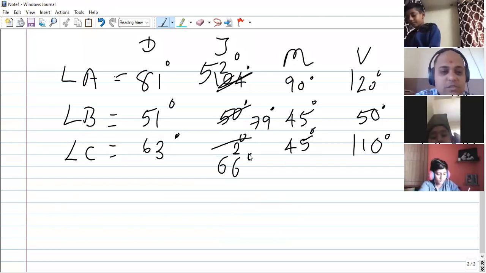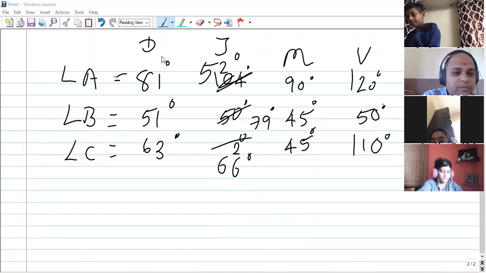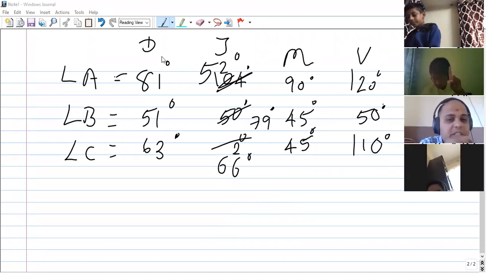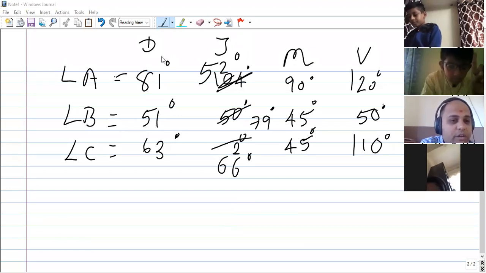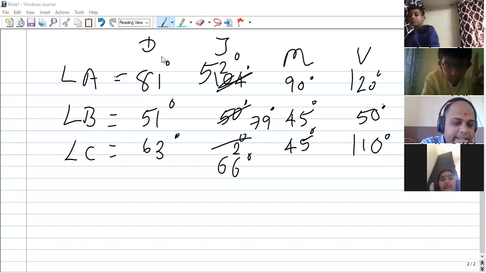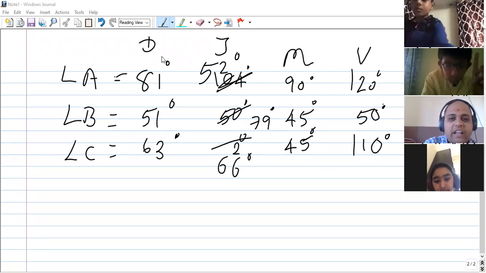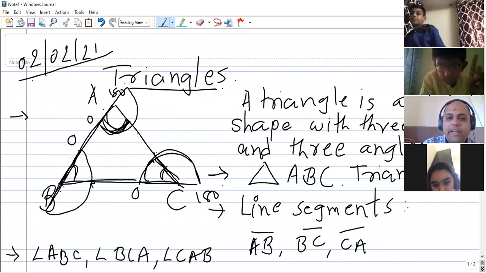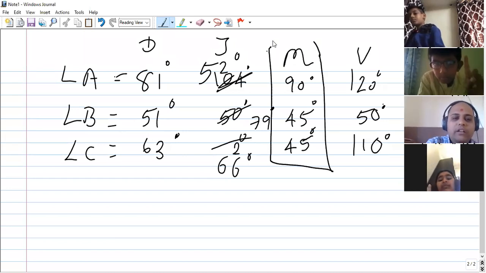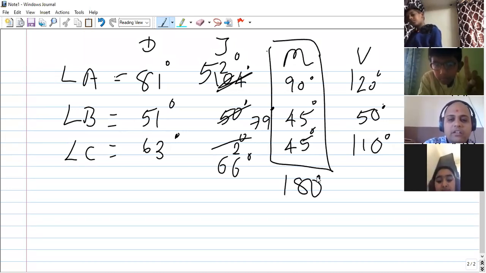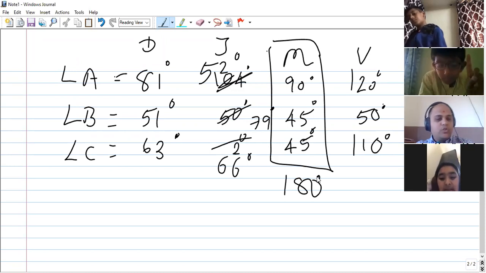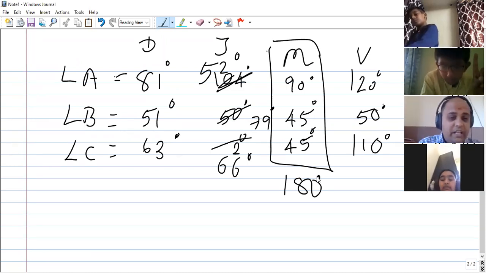Now this is where it is very important. Yes, Dhruvika, just a second, beta. When you add all the three angles of a triangle, the inside angles of a triangle, they will always be exactly 180 degrees, right? Like Mahir has done here with this example. 180 degrees. Now what I want you to do is the next trial.